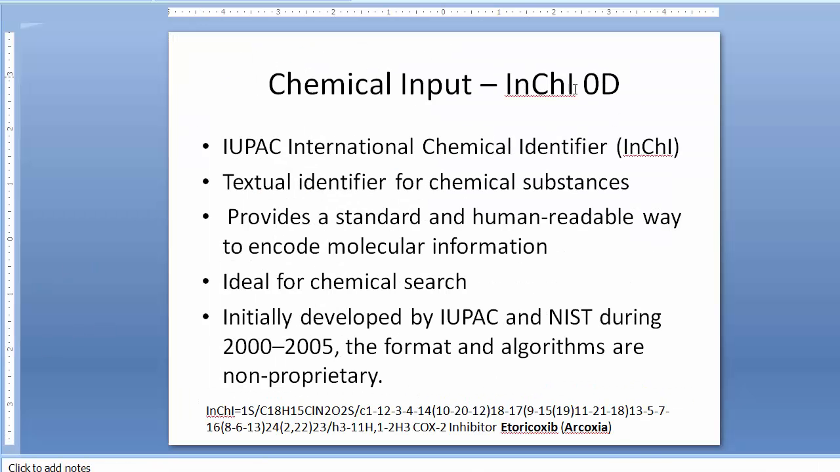The second 0D input would be using InChI identifiers. This stands for IUPAC International Chemical Identifier. The InChIKey is shown here for another COX-2 inhibitor. It's a textual identifier for chemical substances. It provides a standard and human-readable way to encode molecular information. It's ideal for chemical searching. It was initially developed by IUPAC and NIST, and it's a non-proprietary format. So if we copy this InChI string,